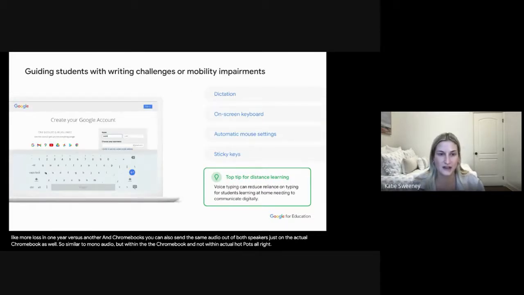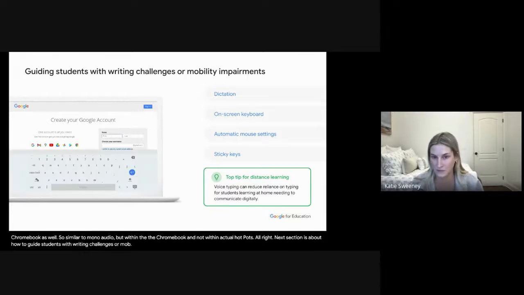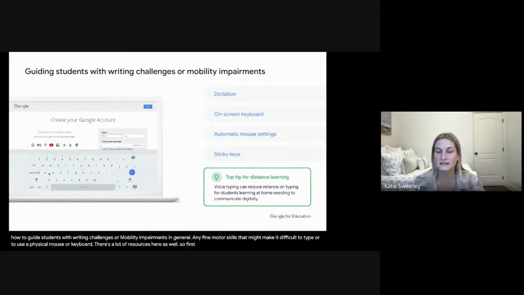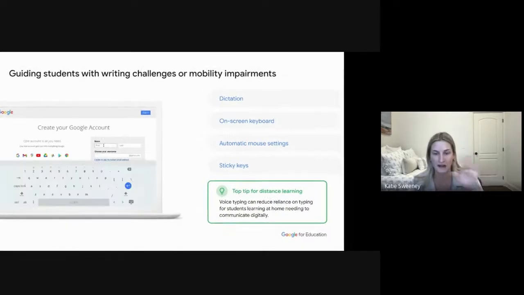All right, next section is about how to guide students with writing challenges or mobility impairments in general. So any fine motor skills that might make it difficult to type or to use a physical mouse or keyboard, there's a lot of resources here as well. So first and foremost is dictation. This allows users to speak to the Chromebook to enter text into any field. So a blinking cursor would appear, and then students would be able to say what they want to enter the